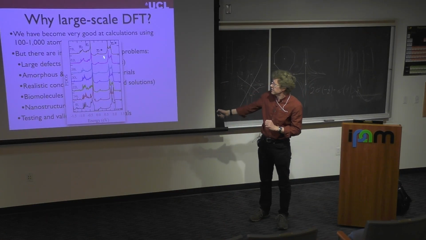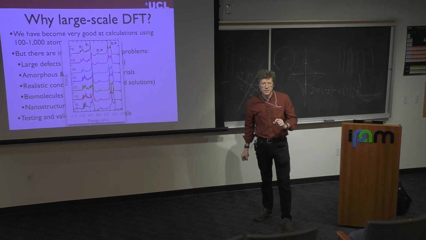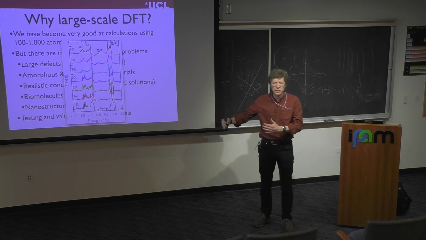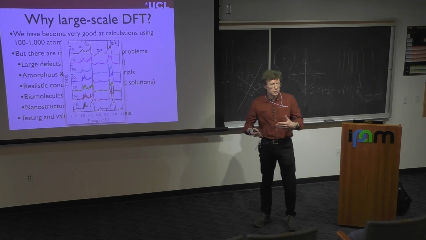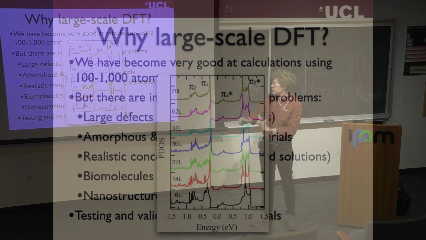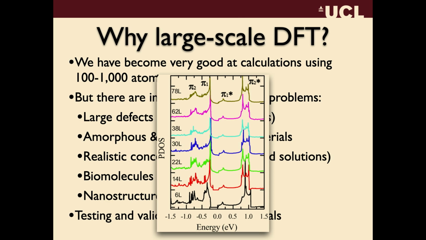So this is a series of calculations done by an experimental colleague of mine. He's a Japanese experimentalist. We've worked together on STM of silicon surfaces. He wanted to come and learn to do DFT. So the first thing he did was just take a simple silicon 001 surface, and he wanted to reproduce the density of states, the tunneling spectrum that he got in experiment.